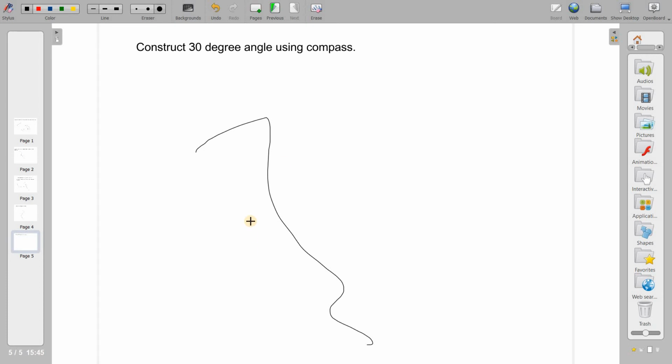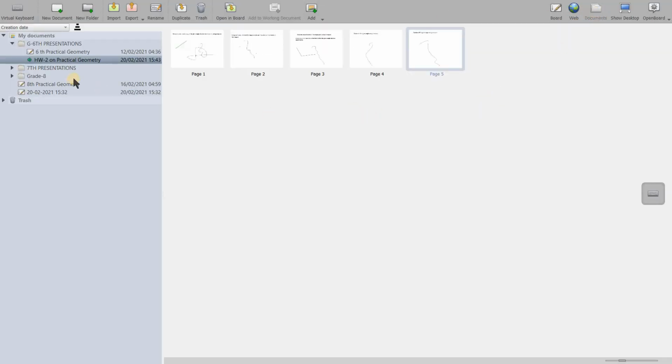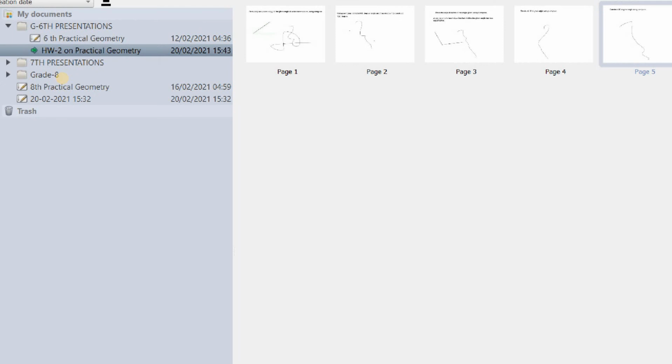So for that I will use the option export. Here I just have to press documents again. The documents folder, once I pressed it, the file is there, all the worked out things are there. Now I can export this. You can see here, this is the file I was working with. These are the pages there. I have to export it.